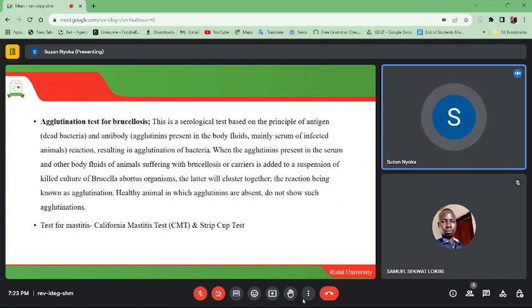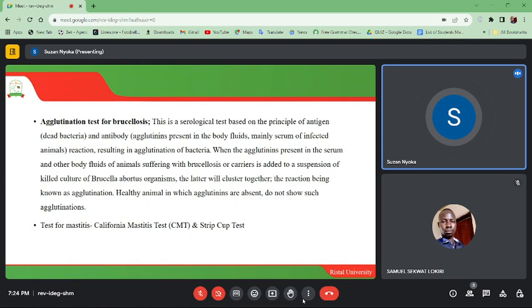This is a serological test based on the principle of antigen, that is dead bacteria, and antibody, that is the agglutinins present in the body fluids, mainly serum of infected animals, reactions resulting in agglutination of bacteria. When the agglutinins present in the serum and other body fluids of animals suffering with brucellosis or carriers is added to a suspension of killed culture of Brucella abortus organism, the latter will cluster together, the reaction being known as agglutination. Healthy animals in which agglutinins are absent do not show